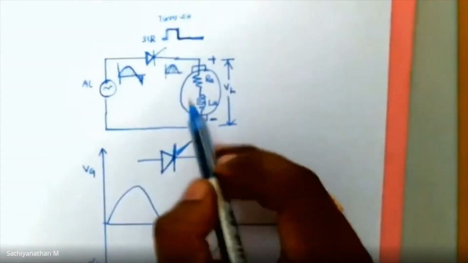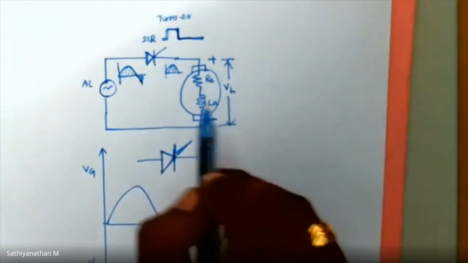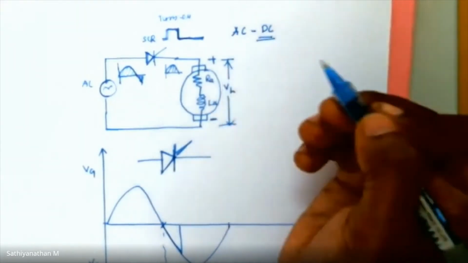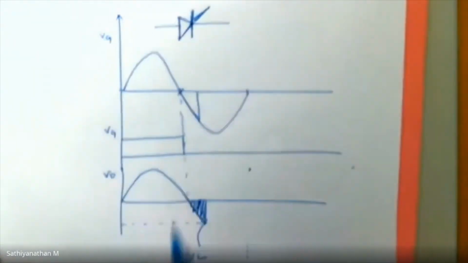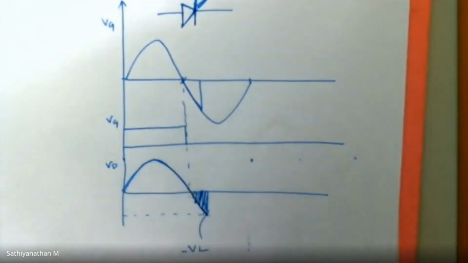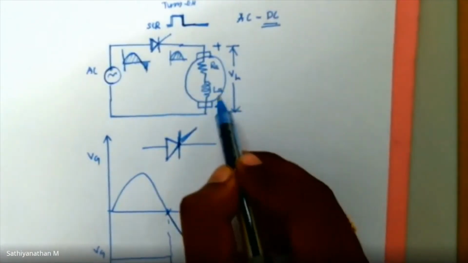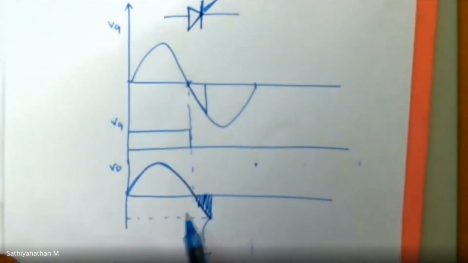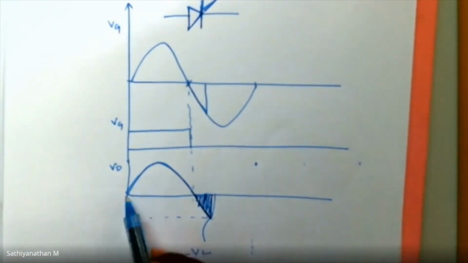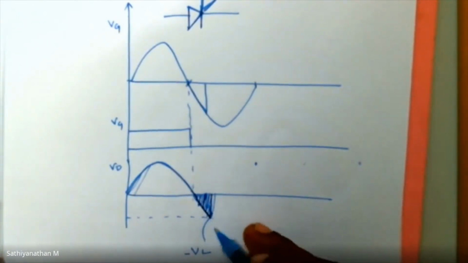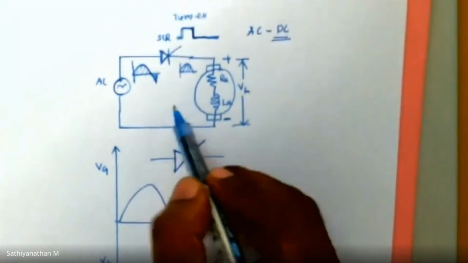We are using this SCR for rectification. Rectification is called AC to DC, so you should have a pure DC. Here you can see you got a DC during a positive half cycle, but due to the energy stored in the inductor, your turn on time is extended and you got this. It looks like a semi-sinusoidal, right? So you have this magnitude as well as negative spikes. The negative spikes will affect the entire circuit.